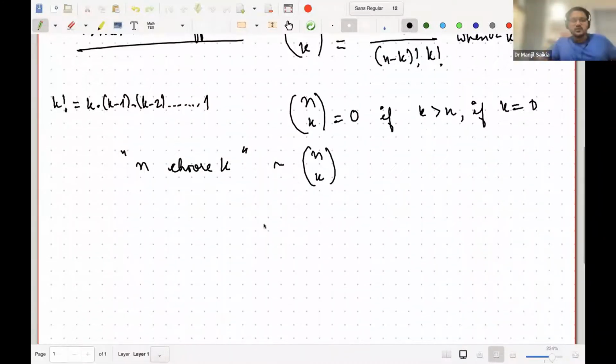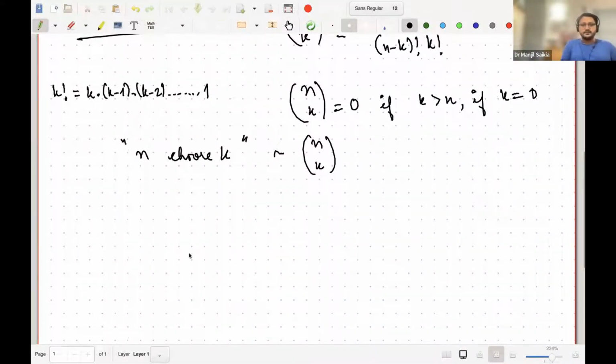This notation actually goes long back to Euler, like many things in mathematics, but we are not going to talk about the history so much. Here I want to focus on the word choose, because I have been saying choose quite a lot, and the combinatorial meaning of the binomial coefficient is actually about choosing certain things out of a certain number of objects. So this will be our first theorem, and we're going to see several theorems now involving the binomial coefficients. The first theorem is the number of ways of